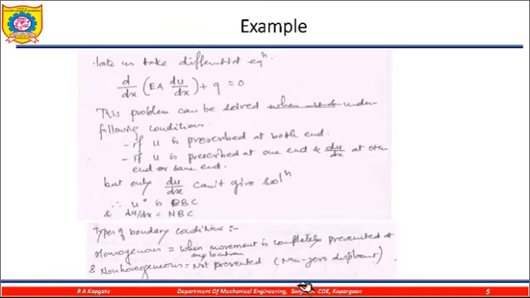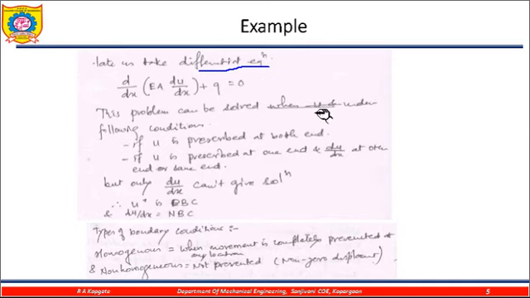Then let us take a very simple problem, or the differential equation, which is called the governing equation of the moment. So d by dx of E A du by dx plus q is equal to 0. Now this is the equilibrium condition. This q is force into distance, so that is equal to the bending moment. This is my governing differential equation.